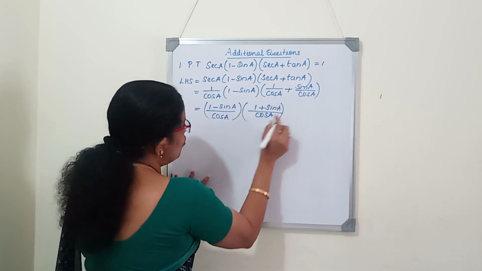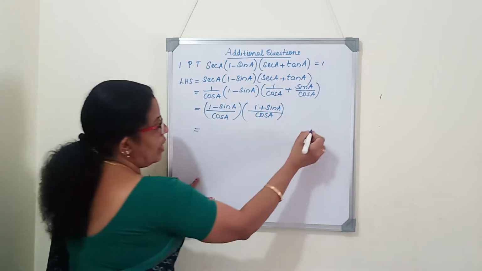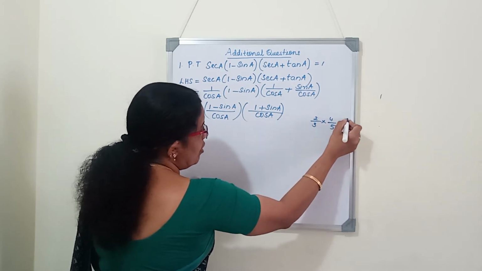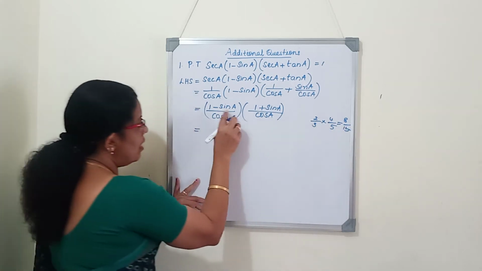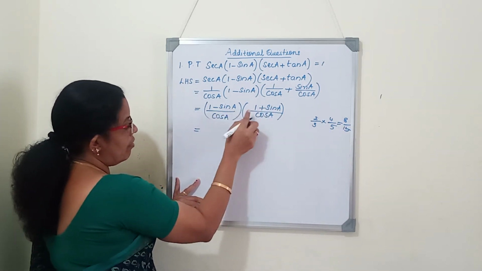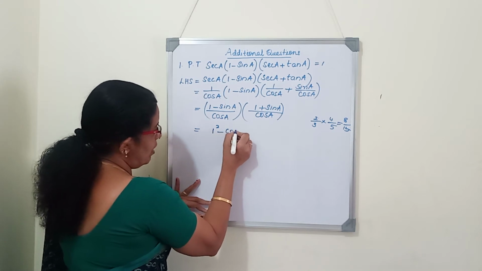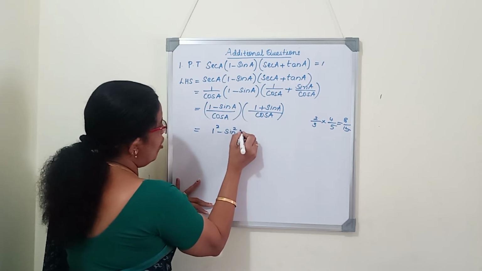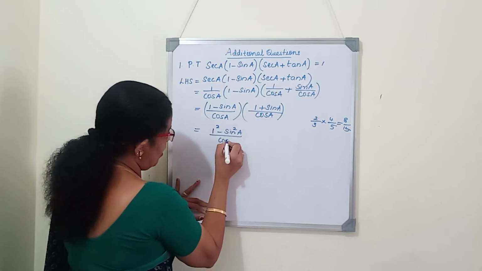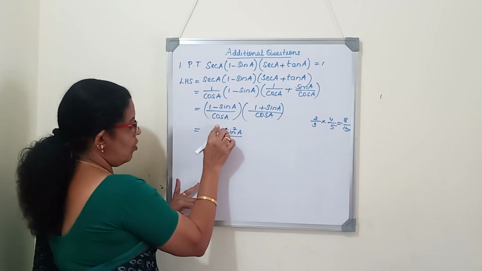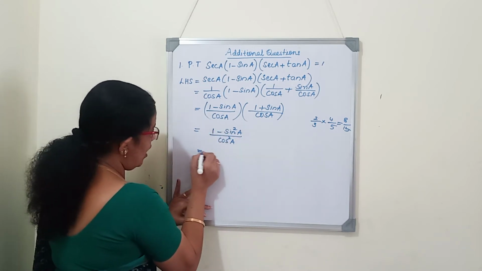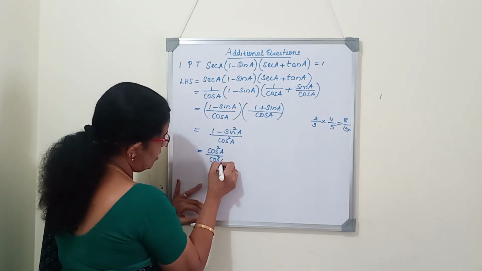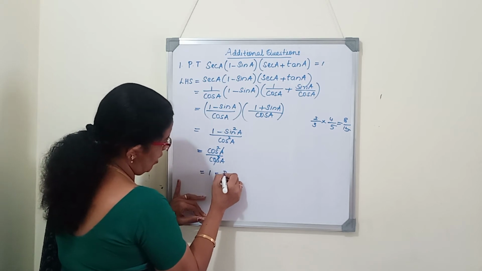So we are multiplying two fractions. Whenever we multiply two fractions, for example 2 by 3 into 4 by 5, we multiply numerator and denominator like that. A plus b into a minus b in the numerator we will apply. So a square minus b square. B square is sin square A, and denominator into denominator, cos square A, we will get. 1 square is 1, so only 1 we will write. What is 1 minus sin square A? Cos square A, from the first identity, by cos square A. So we cancel and we will get 1. That is the answer.